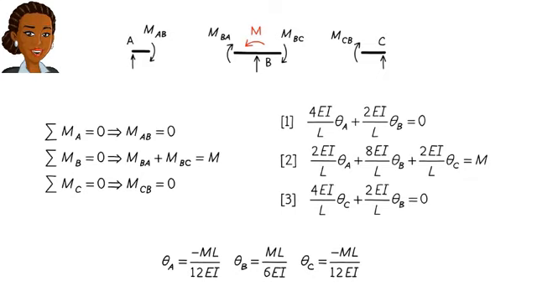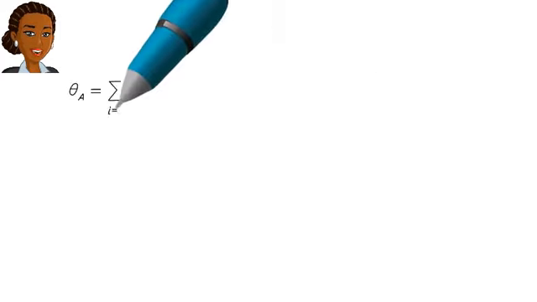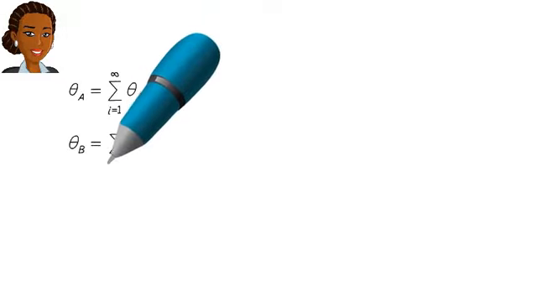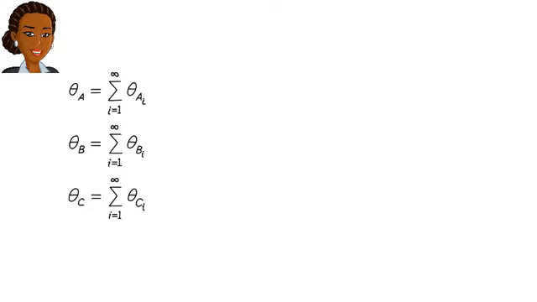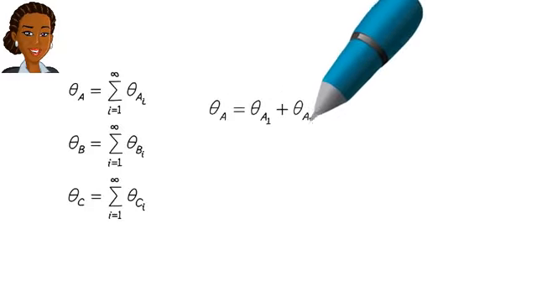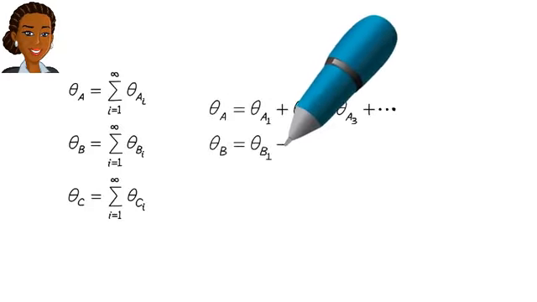So, let's see how this approximate technique works. Moment distribution is an iterative technique where in each iteration we calculate a part of the solution. Let's begin by transforming the slope deflection equations into a suitable form for our approximate analysis. We are going to rewrite the unknown joint rotations in the series form like this. In the expanded form, these series can be written as